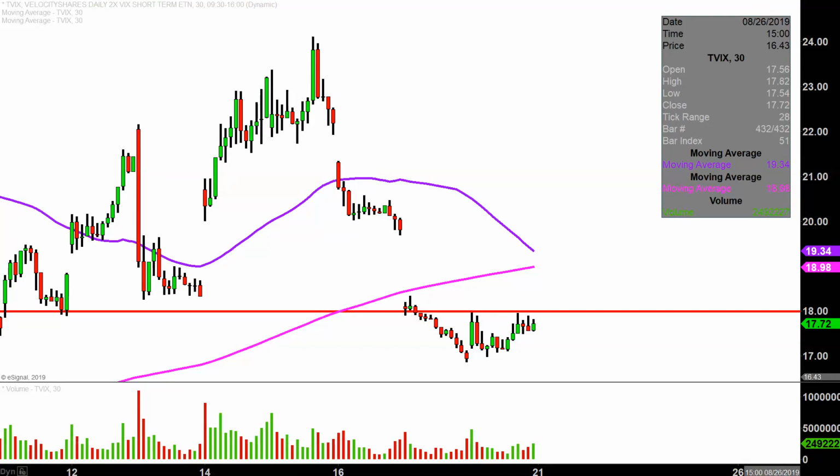Overall, kind of a neutral day, but I guess update's not really the right word. Confirmation would be a more accurate term. Confirmation will mean a little bit more to those of you that watched yesterday's video. For those of you that did, I talked about $18 being a level of resistance, and you can see the power of charts. On basically 3 separate occasions, the price tried to get back above 18 and couldn't quite do it. So don't get me wrong, I'm not saying the price can never get back above 18. I'm just saying that it's not exactly shocking to see that level currently acting as resistance,